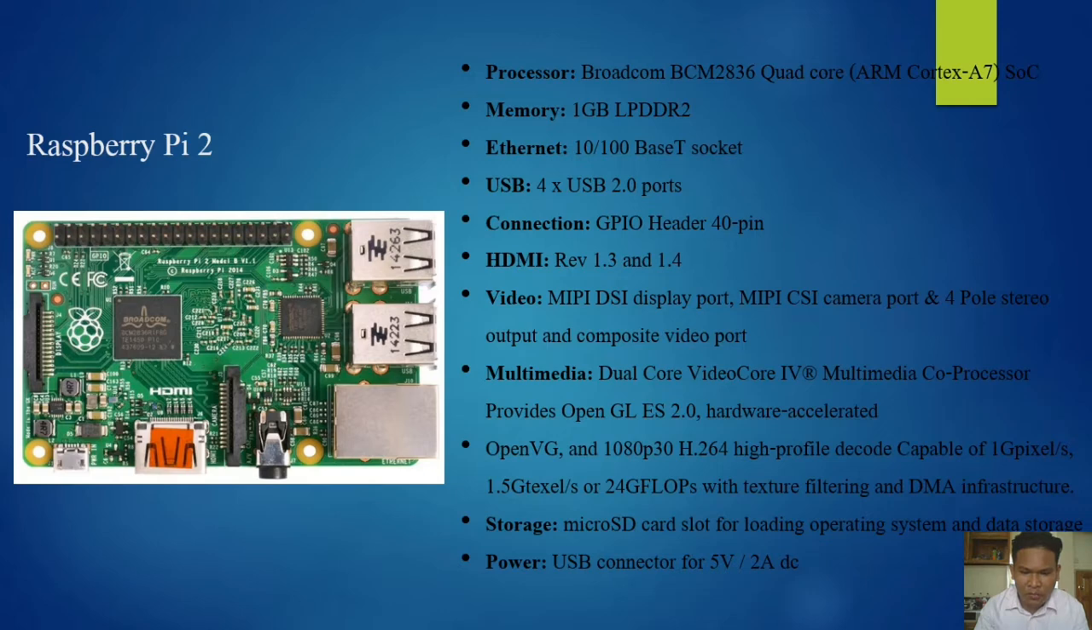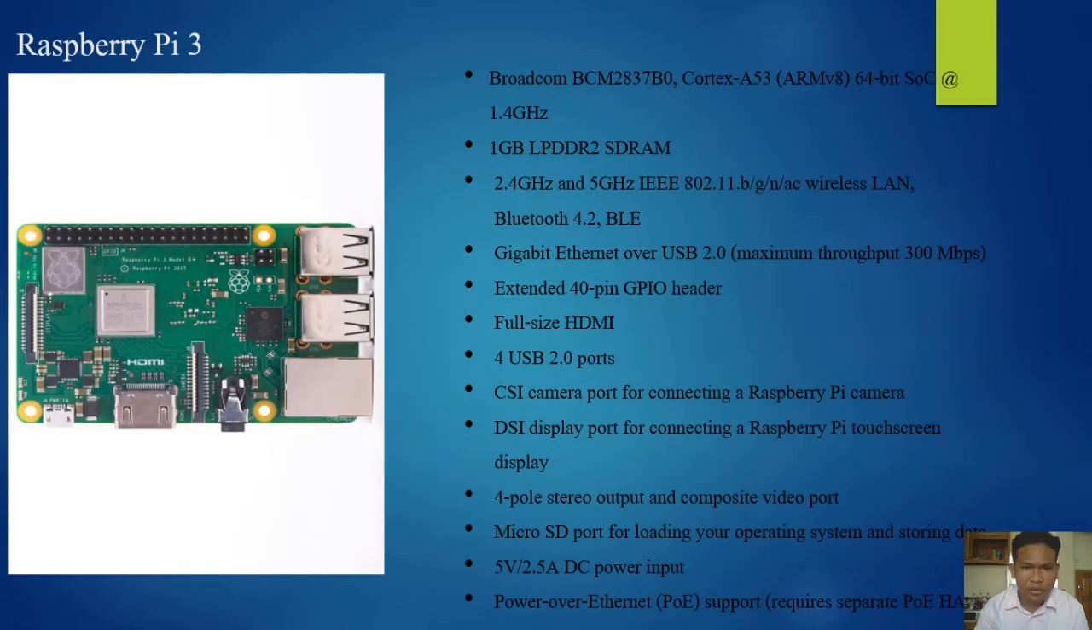Broadcom BCM2837 on the Raspberry Pi 3: Cortex-A53, 64-bit, 1.4 GHz, 1 GB LPDDR2 SDRAM, 2.4 GHz and 5 GHz 802.11 wireless LAN, Bluetooth 4.2